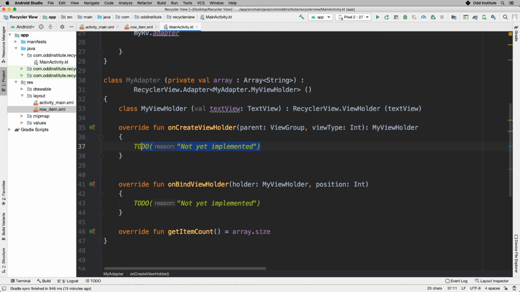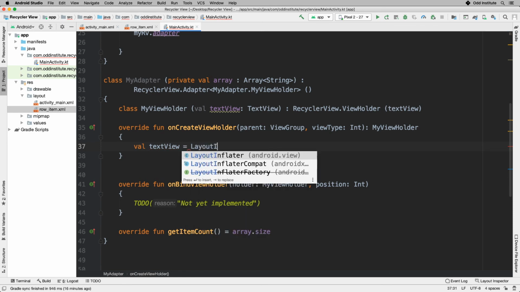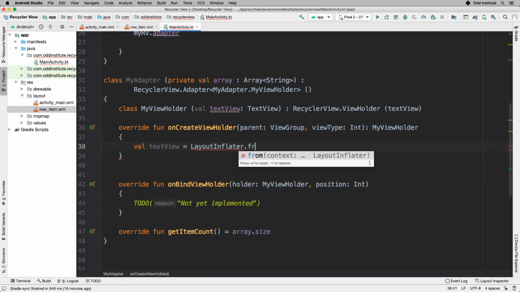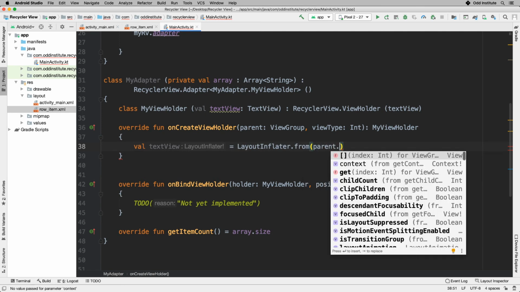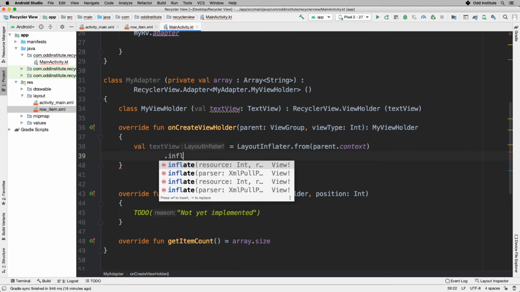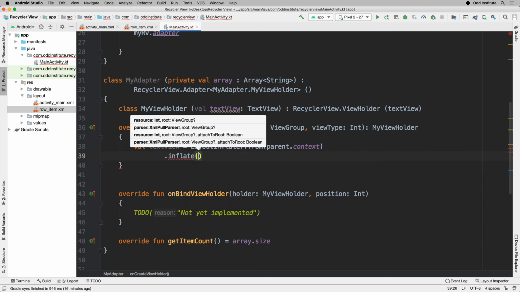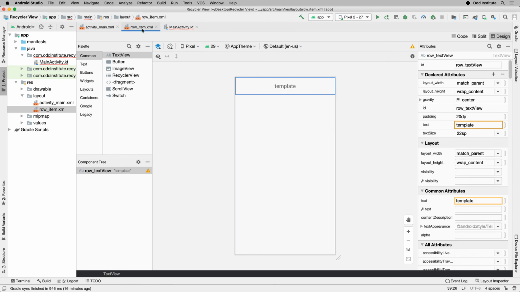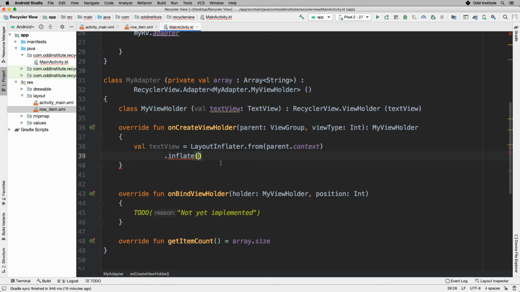I'm going to go ahead and say I have a value, let's call it text view. That value text view is going to become a layout inflator, and I will explain this in a second, from parent.context. That's the default way of doing it. Then I'm going to say inflate. What are we inflating? We are inflating this object, row item. I'm going to go ahead and say inflate